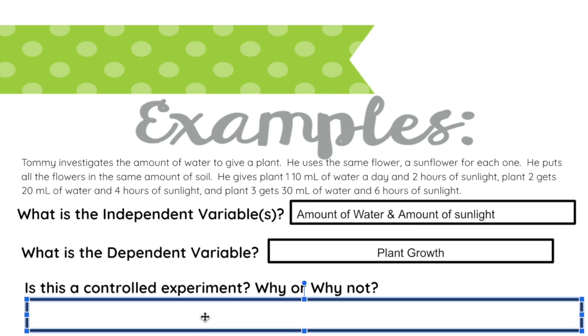Now we have to determine, is it controlled? Why or why not? Remember that a controlled experiment is one that only has one independent variable. Because we have 2 independent variables, this is not a controlled experiment. So our answer is no, it is not controlled